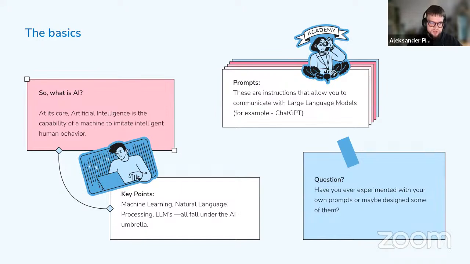So what is AI? AI at its core is the capability of a machine to imitate intelligent human behavior. AI does it by using techniques and programming languages, mostly machine learning, natural language processing, and LLMs. LLMs are a different part, and I will focus now on machine learning and natural language processing. So, as I said before,